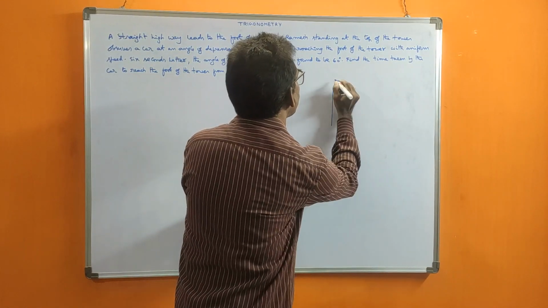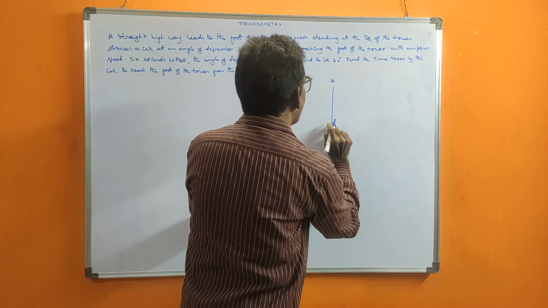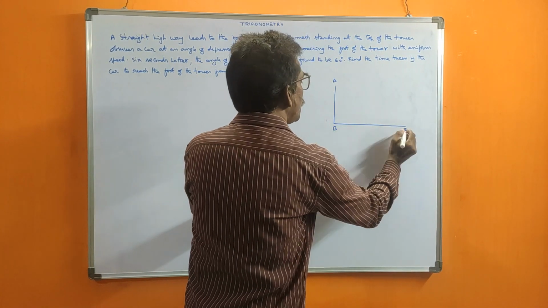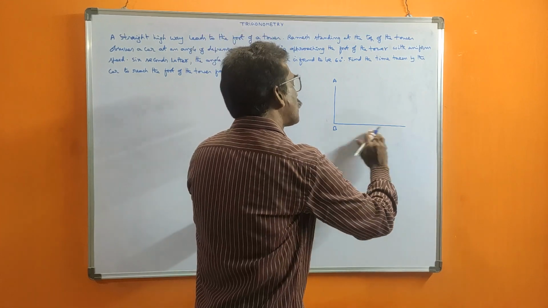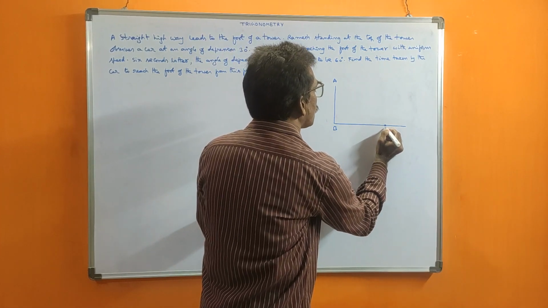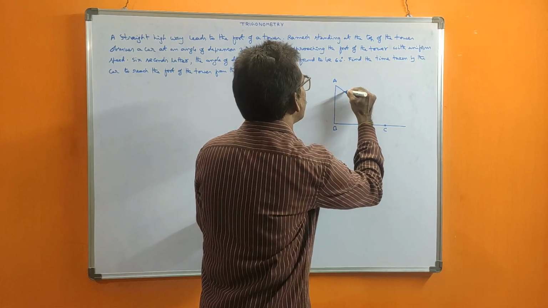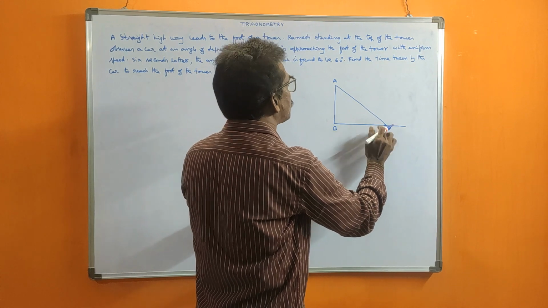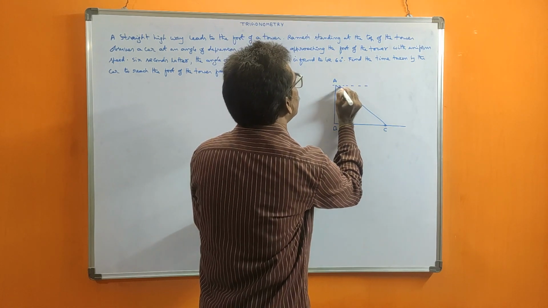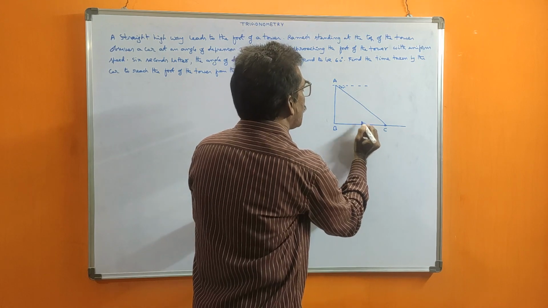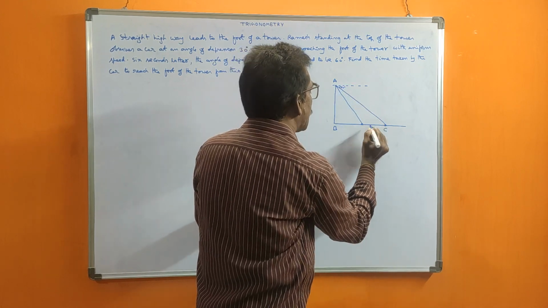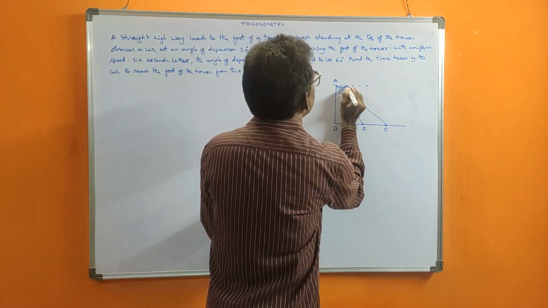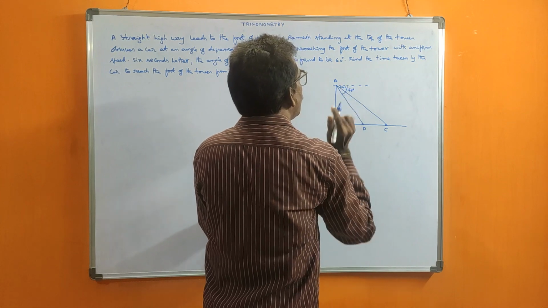Now, AB is the tower. Suppose this is C, I am writing. BC is the road. This is road there. First point of the car is C. First observation point of the car is at C. That angle of depression is 30 degrees. The second observation point, let it be D, because we don't know actual distances. That is 60 degrees, total, this total only 60 degrees.